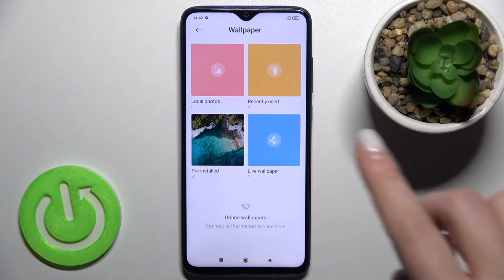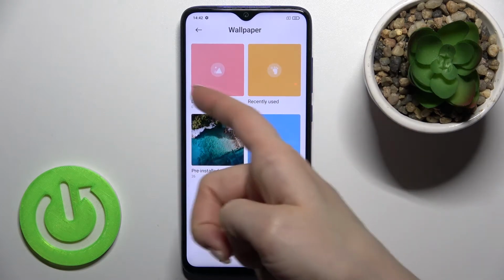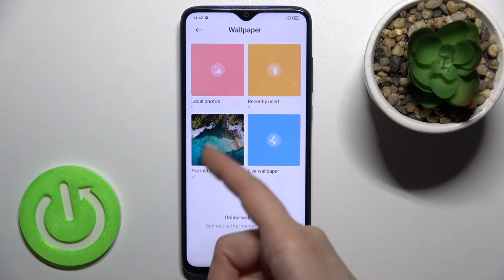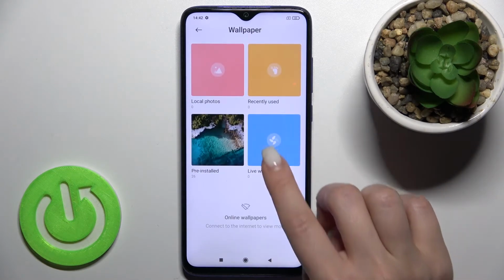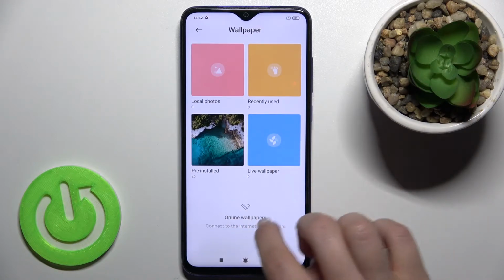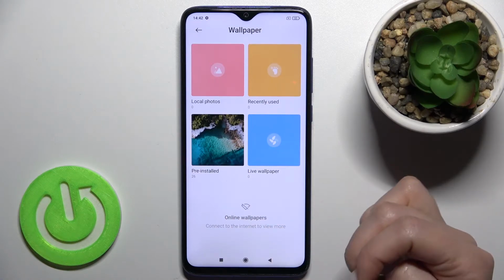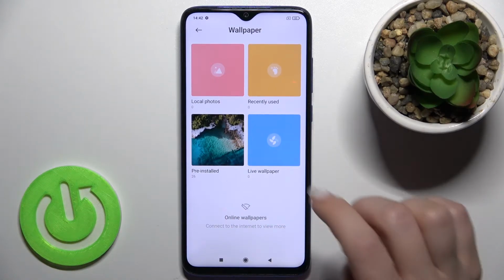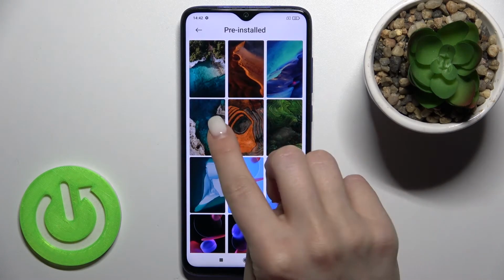And as you can see, you can change your wallpaper from your local photos on your device, from the pre-installed or default photos, or also from the live wallpaper if you get some, or also if you just connect to the Wi-Fi, you can select one from the online wallpapers. And for example, we'll try the pre-installed, and now just